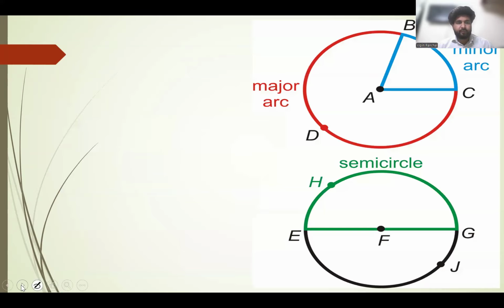There are two types of arc. In this figure, you can see B and C. It is a part of the circle. And